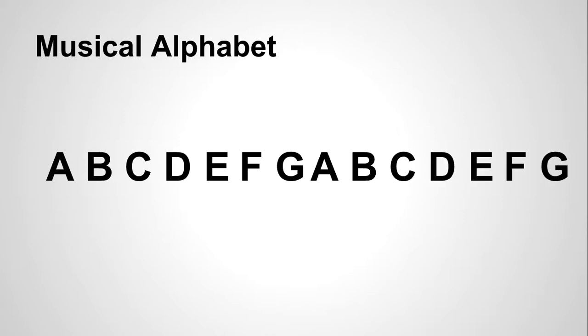So, what's the musical alphabet? Well, many of you already know that it's just like the regular alphabet. It starts with A, B, C, D, E, F, G, but it stops at G. There is no H, I, J, or anything after that. But the question is, what happens after G? Because we know there are a lot more notes than 7 notes in music. Well, it simply starts over again and continues over and over and over again until the ear can no longer